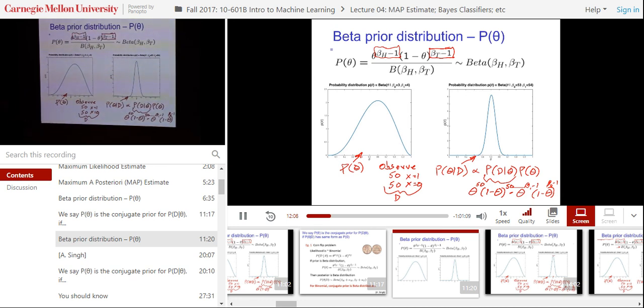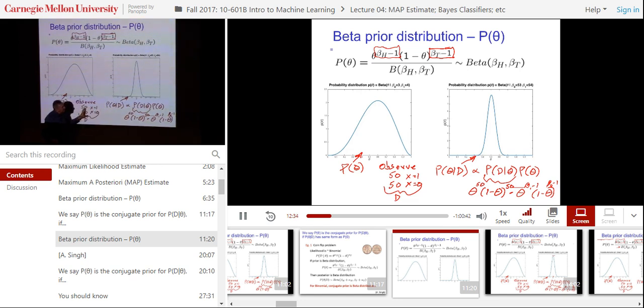So, in a nutshell, what's happening here is this P of theta represents our prior assumptions from whatever source. There's no science behind it. We just have to search deep in our soul and come up with what we think the prior is on this. But then once we see the data, Bayes' rule tells us we can calculate the probability distribution over possible values of theta,